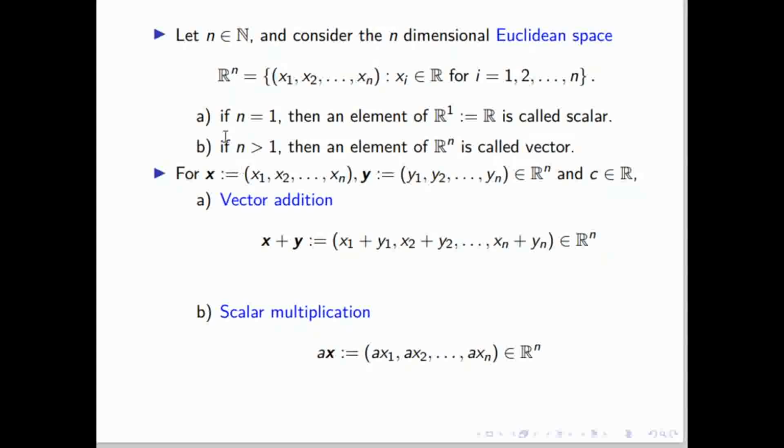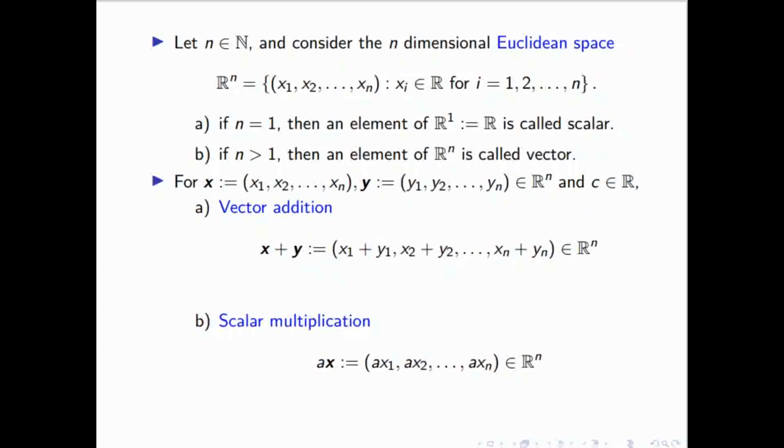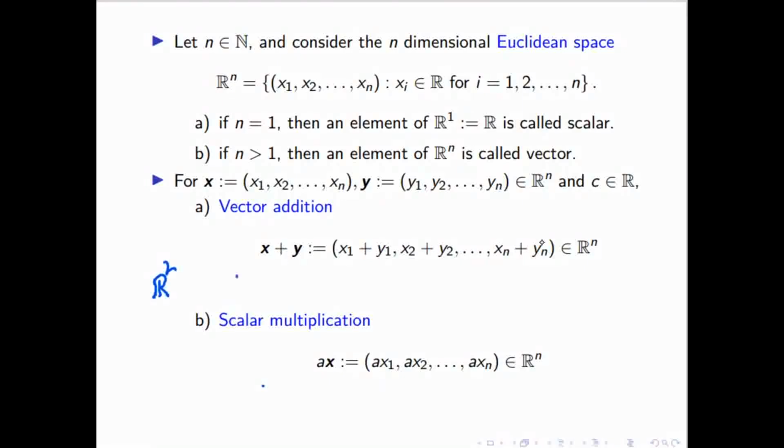Suppose this is n dimensional vector space, so definitely it has n components, x1, x2, xn. Similarly, another element of this same Rn is y1, y2, yn. If you want to add two vectors, then it will be x1 plus y1, similarly x2 plus y2 and xn plus yn. Like suppose 1 comma 1 is one vector and 3 comma 4 is another vector. If you want to add in R2, then just add simply the x component and the y component. Whatever I wrote is for n dimensional.